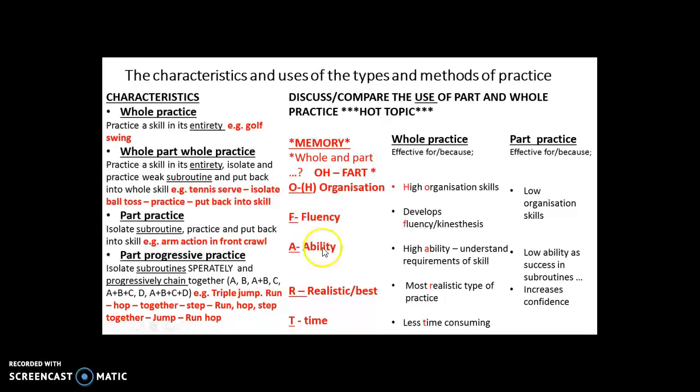So it's good for high ability performance for whole practice. Then you've got R, is the most realistic or the best type of practice, and finally it's the least time consuming and the most effective for developing timing. Now when you look at this, you're thinking, right, oh well, hang on, that's just telling us